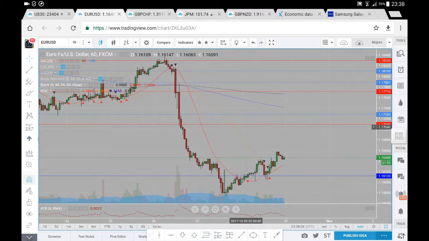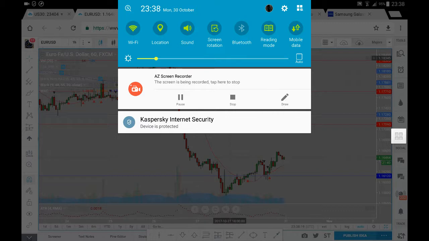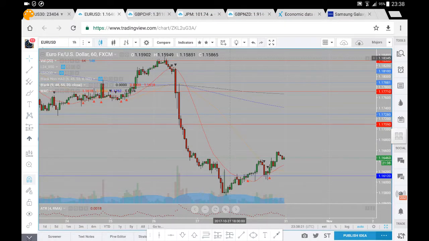Now, usually on a Monday after we have a large move based on data released on a Thursday or Friday, you do see a bit of a recovery, or prices trade in a range on the Monday before we have continuation for the rest of the week. So far we have seen a bit of a recovery on the euro against the dollar. We have recovered back to this level here in around the